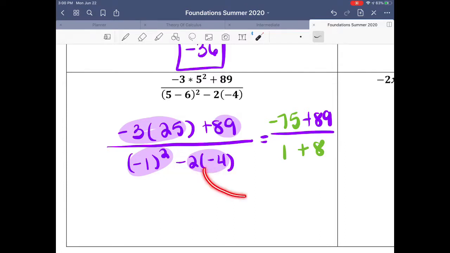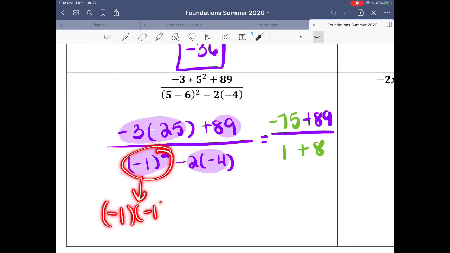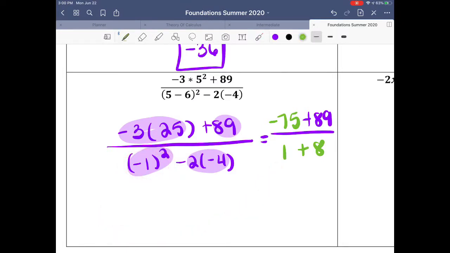Okay, what I did here, I want to go over this. I went ahead and multiplied -2 times -4 to get +8. And this is -1 times -1, which is +1. So that's where I got those. I went a little fast. And now I'm going to simplify there, simplify there. We get